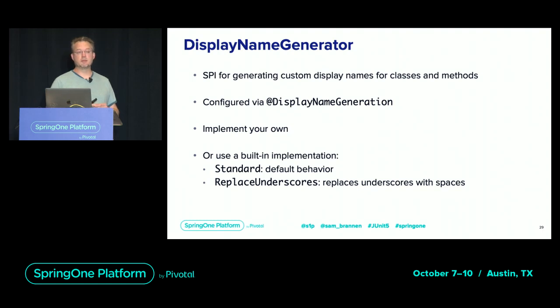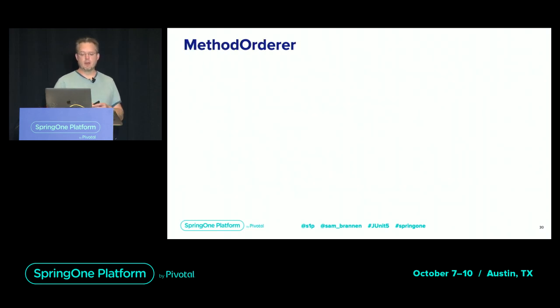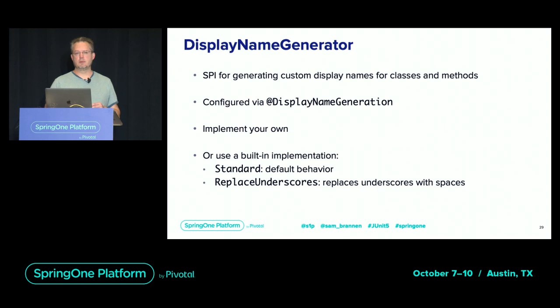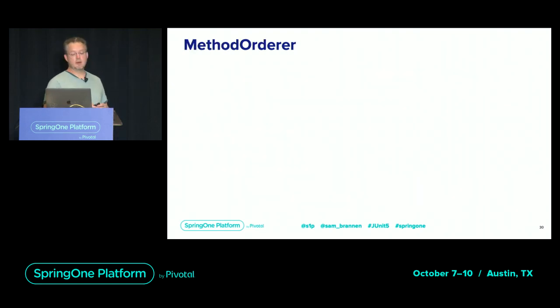There's one that's called ReplaceUnderscores, and surprisingly, or not so surprisingly, it replaces underscores. So if you'd like to write your test method names without camel case, with underscores, you'll just replace all those with spaces so it looks like a little sentence in the end. And there's been some talk about an IndicativeSentences one. I have an example of that. Another thing that's been discussed is having camel case support, where you split the method names based on the camel casing and make sentences out of it like that. But you could come up with anything on your own. So this MethodOrderer,